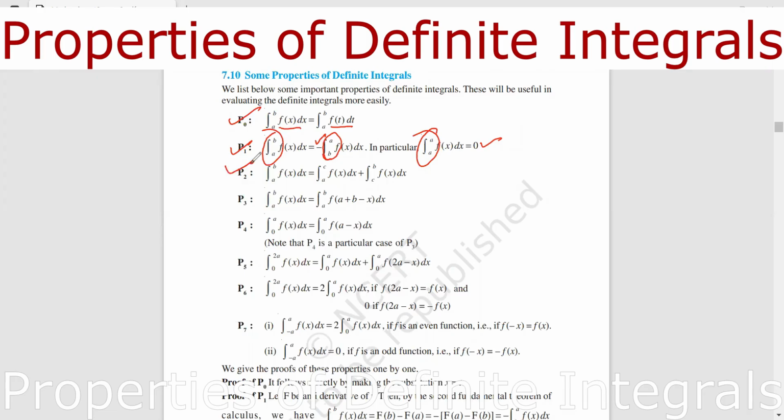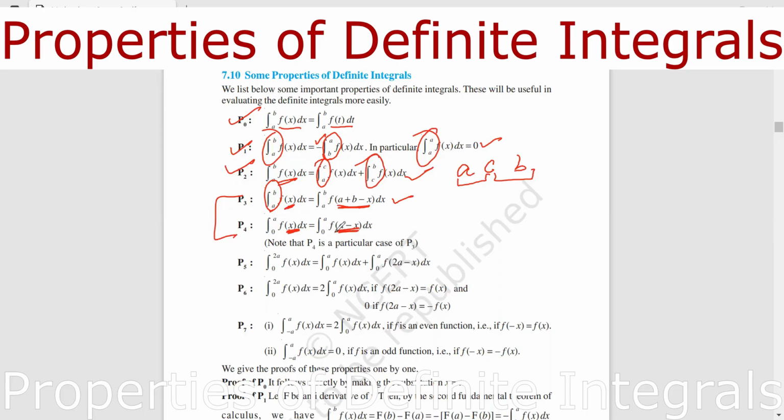And the third property: if we have modulus functions, basically we use this property the most. If I find some point c between a and b, I can split my integral into two parts, with the limit in the first a to c and in the second c to b. So you can always split. Then the third and fourth property: if I have the limit a to b of f(x) dx, I can replace x with a plus b minus x in my function. Similarly, if I have the limit 0 to a, I can replace x with a minus x in the function. So this is one and the same property.